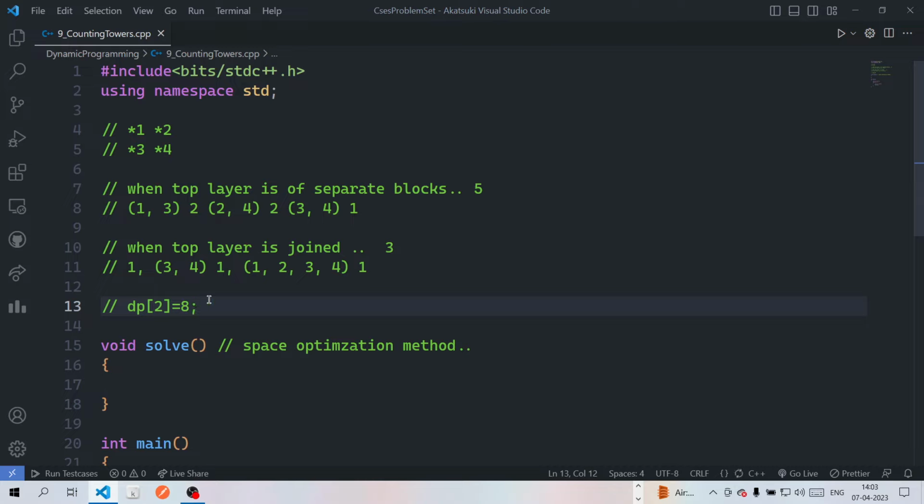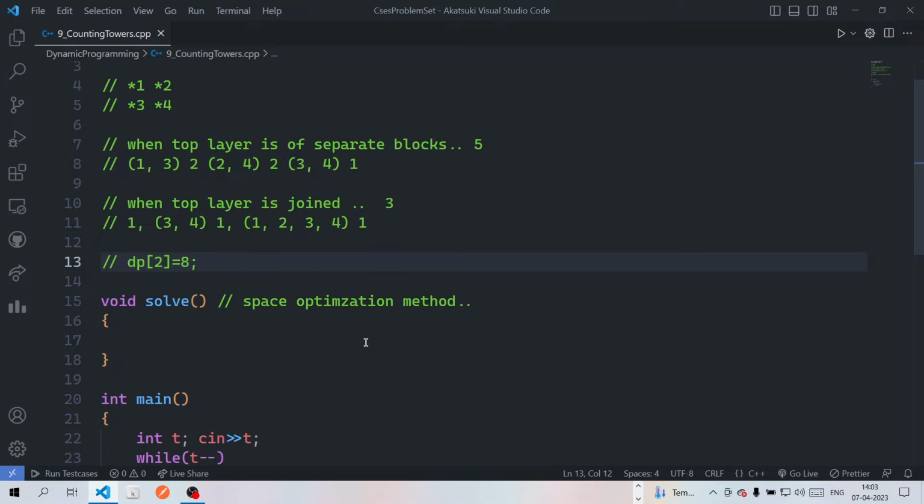I'll also solve this question in a mathematical manner later on. First I'll solve using space optimization, then normal tabulation, then I'll solve it in a mathematical manner. So simply what we are going to do is